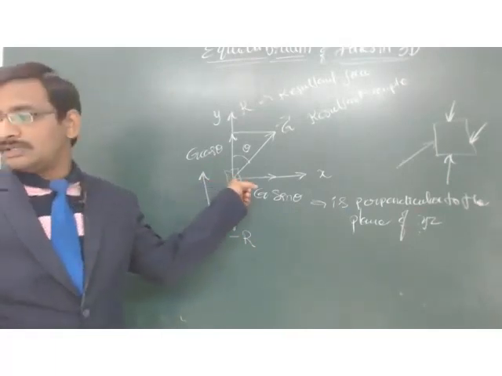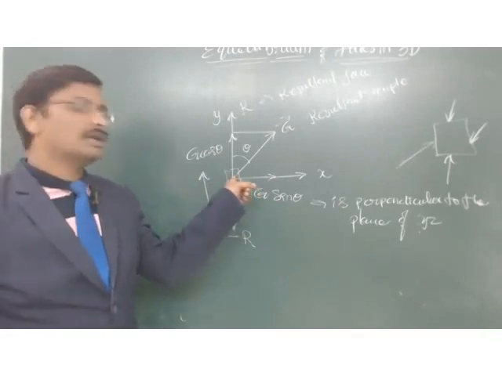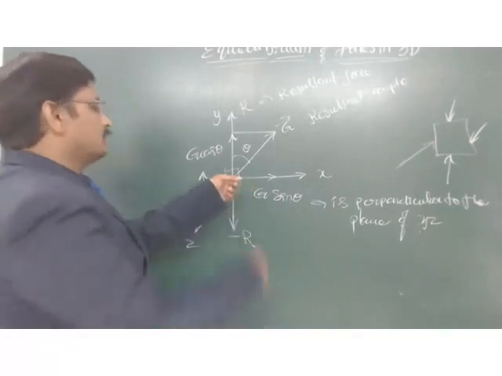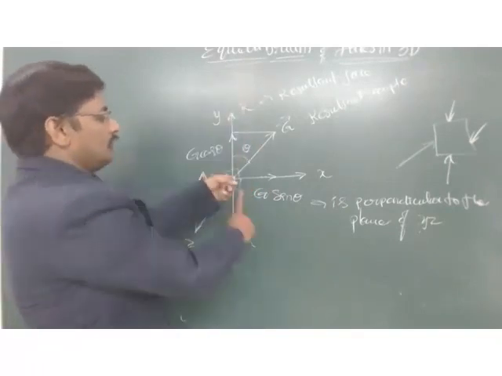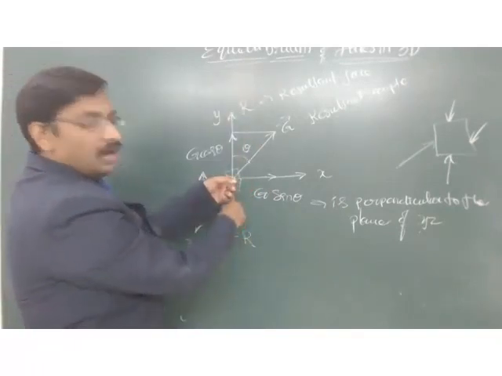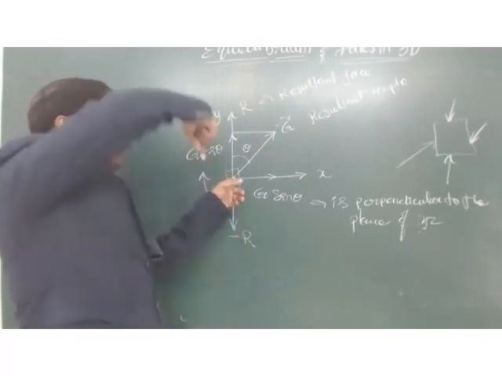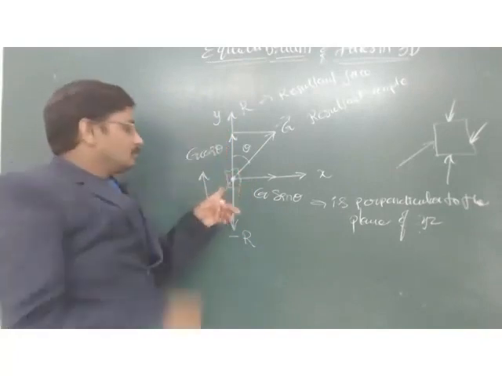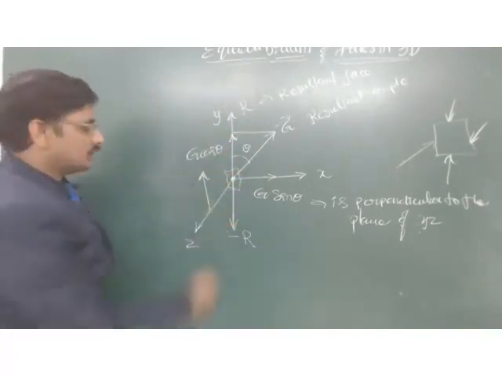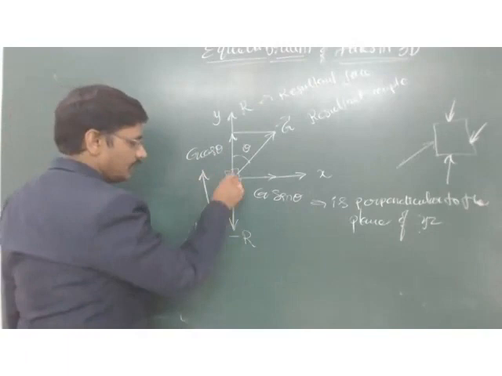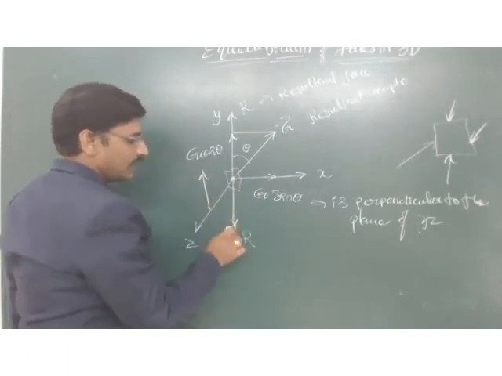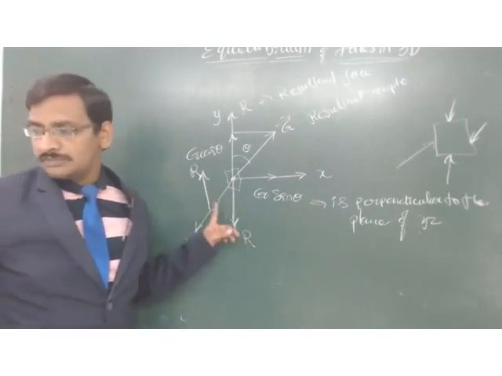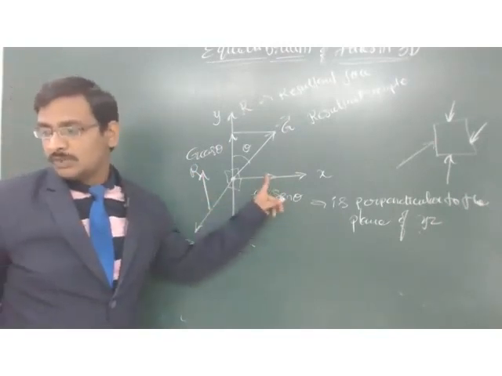Ideally, this is how it is. My finger is perpendicular to the board, so this is the axis of z. So if this is one force and there is one force exactly on the board downward, there will be one more force I can draw at a location like this. Let us say I am calling this R. So I have drawn two different opposite forces whose resultant moment is this one, which is nothing